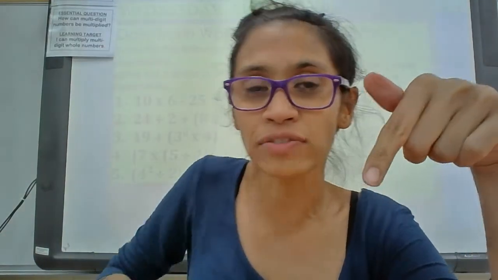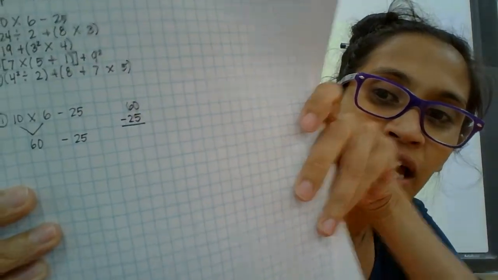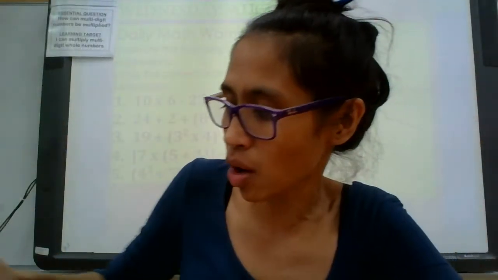Zero take away 5. Look, just like that. 0 take away 5. Can't do it. So I need to borrow from the 6. The 0 doesn't become a 10 yet. You need to wait. Borrow from the 6. The 6 becomes a 5. The 0 becomes a 10. And 10 minus 5 is what? 5. And then 5 minus 2 is 3. So 60 minus 25 is